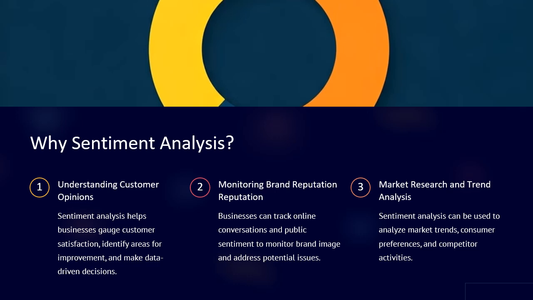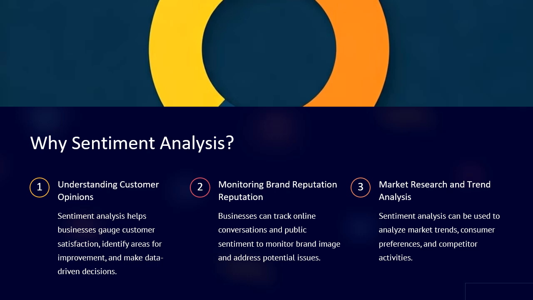This comprehensive understanding not only highlights what customers appreciate but also pinpoints potential issues that could lead to dissatisfaction. Armed with this knowledge, businesses can make well-informed decisions to enhance their offerings, ultimately leading to increased customer satisfaction and loyalty. By addressing customers' needs and concerns, companies can foster a strong connection with their audience and build long-lasting relationships.